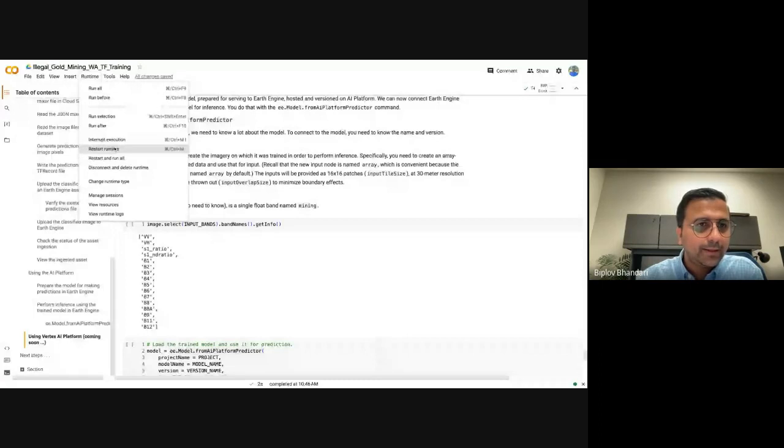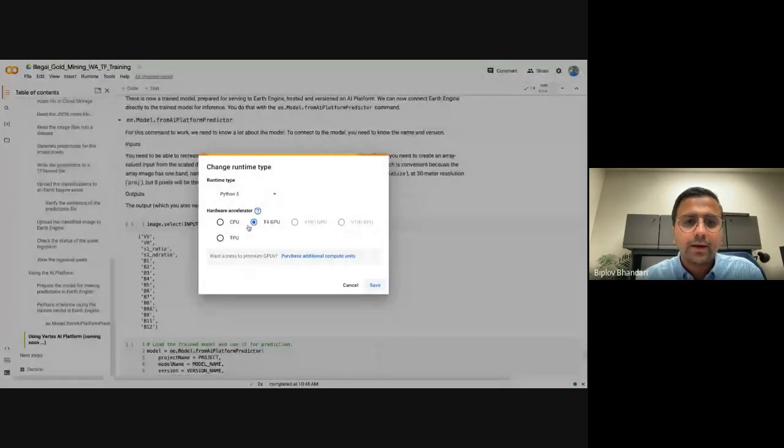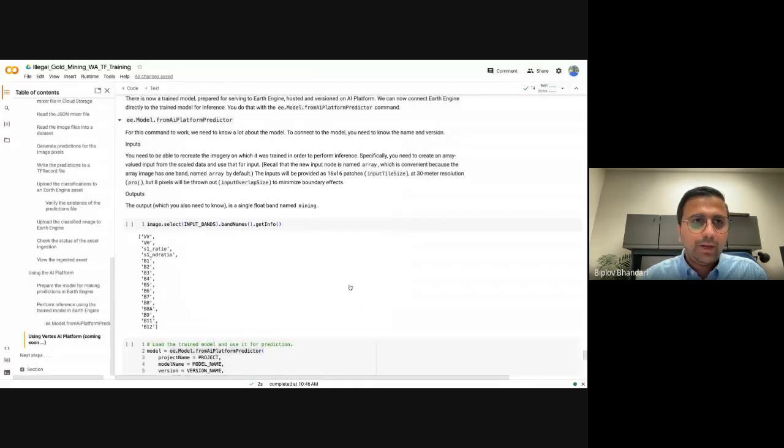So if you go to this runtime here and then go to change runtime, you see that there are also hardware accelerator options. You can use GPUs, CPUs, and whatnot. But because this is a free version of Colab, if there is resource contention, then you might not always end up getting a GPU. You might be assigned a CPU. But with Colab Pro, you're always guaranteed that you'll have some form of GPU associated with it.